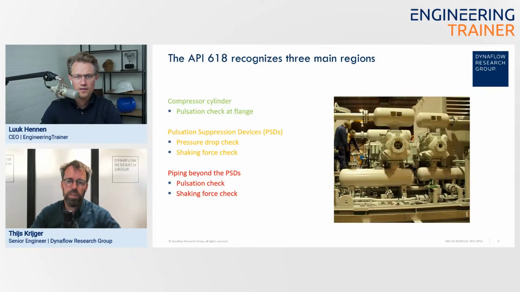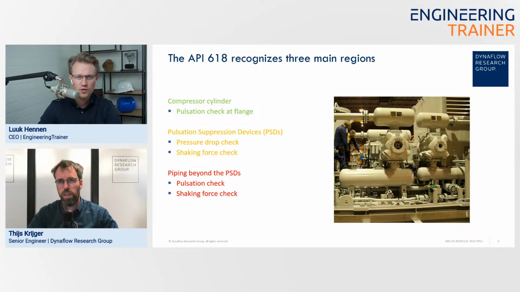So the 618 has different steps that you can take, and it also has different what they call design approaches. And the design approaches stem from different philosophies of solving vibration issues. So historically, there used to be a method that focused almost completely on only the pulsation levels. And you would put a lot of effort in reducing your pulsation levels, and then the rest of the system